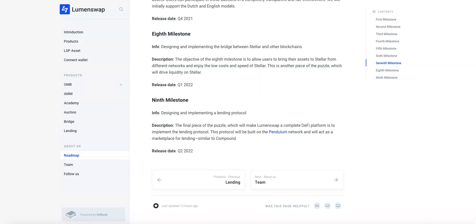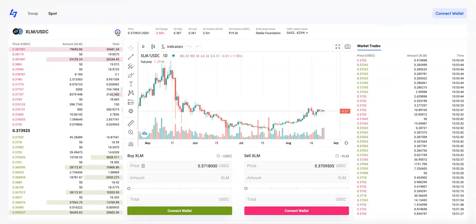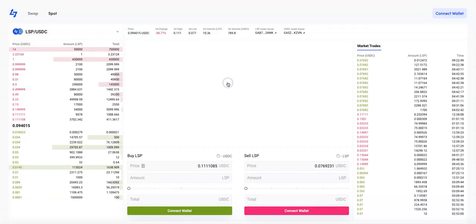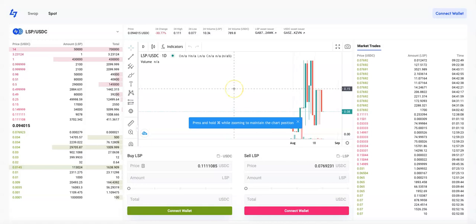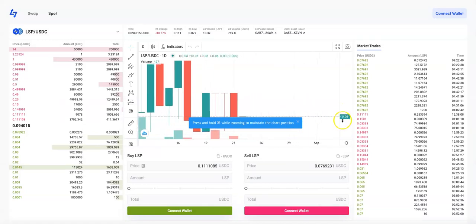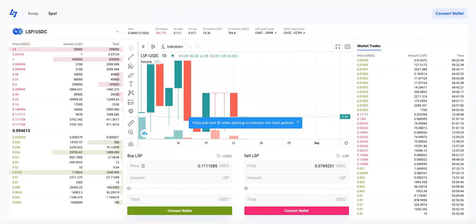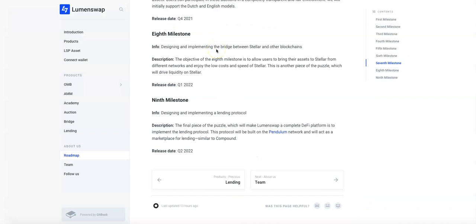If we look today, we're looking at about 8 cents, give or take, today on the price of LSP against USDC. Ballpark figure. 8 cents, think about it. Anyone that's been in crypto for any length of time, that's studied DeFi for any length of time, where you have a fixed supply token, not just a mint to oblivion, a 1 billion token fixed supply,